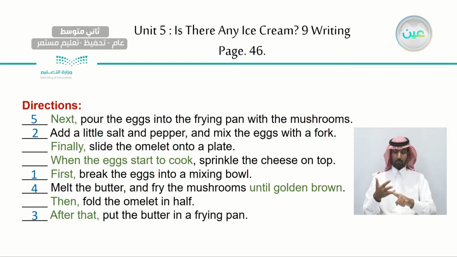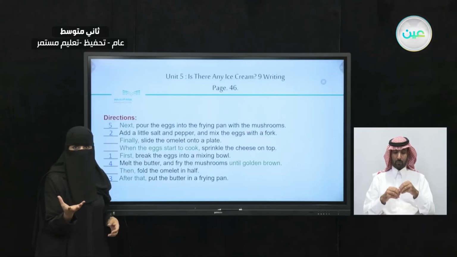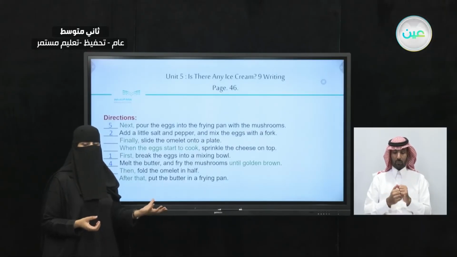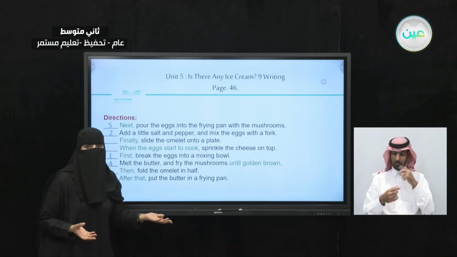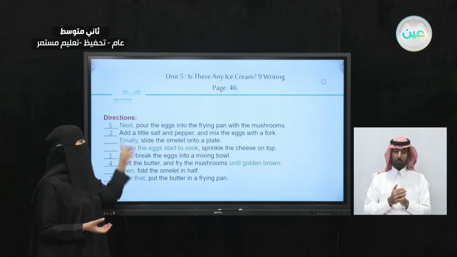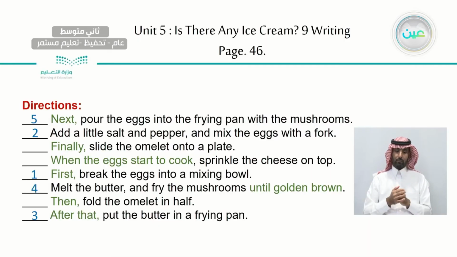So next, pour the eggs into the frying pan with the mushroom. So now here, next pour the eggs. Now I did mix the egg separately. We did fry the mushrooms until the change happened to the mushroom, until it's golden brown. What are we going to do? Put the egg into the frying pan with the mushrooms. Now, after that,